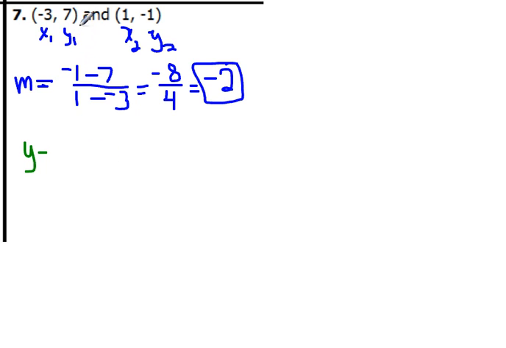So let's see, what was y1? y1 is 7 equals our slope, which is -2, parentheses x, or I'm sorry, x minus x1, which is -3, and close parentheses. So remember, we are going to focus in on those parentheses first. So we're just going to bring down the y minus 7